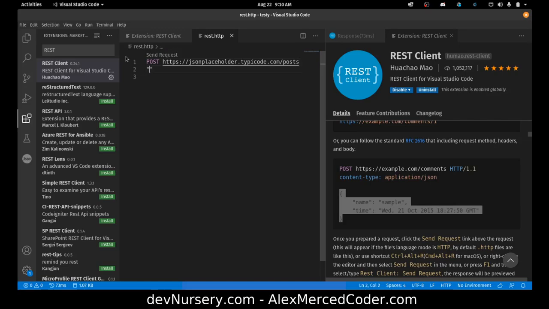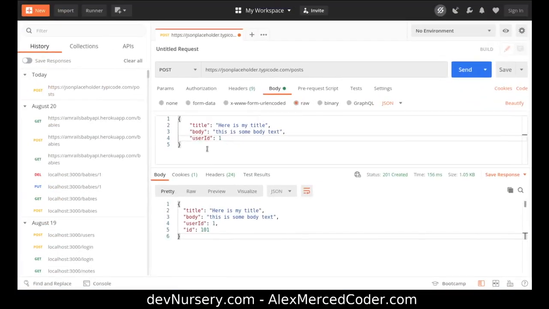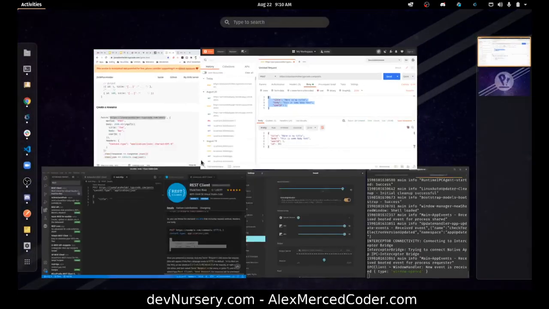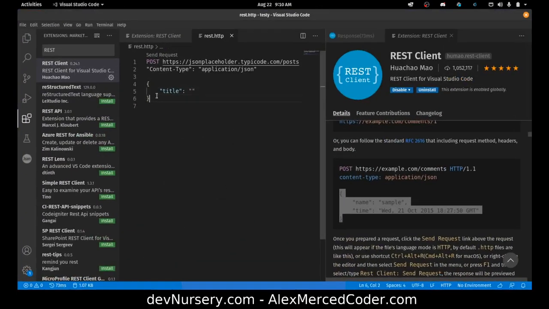And then again, content type, application JSON. And then what we're setting is title, a title. Well, actually, I can just copy it from Postman. Okay, so then when I go over here and click send request,